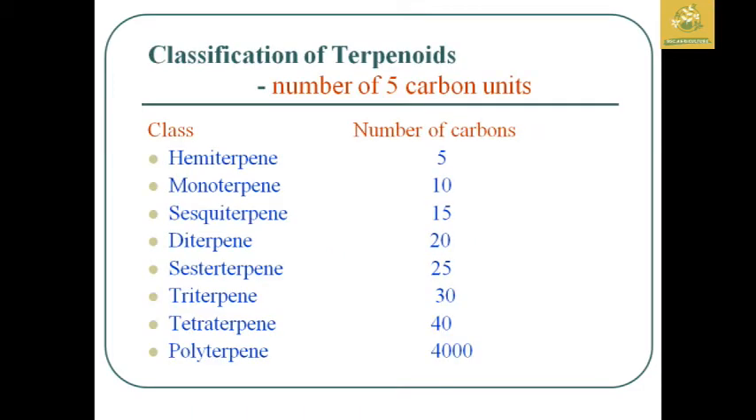So the terpenes are classified into 8 groups. So the 8 classes are given this. They are based on the number of 5 carbon units, which is also a multiplication of 5. So based on the name, you can get the numbers. For example, hemiterpene has a 5 carbon compound, whereas polyterpene has around 4000